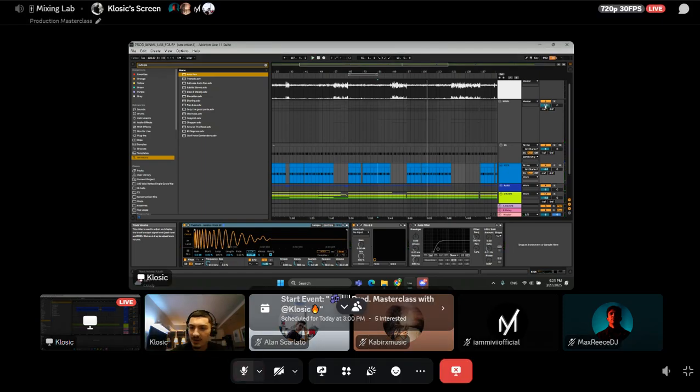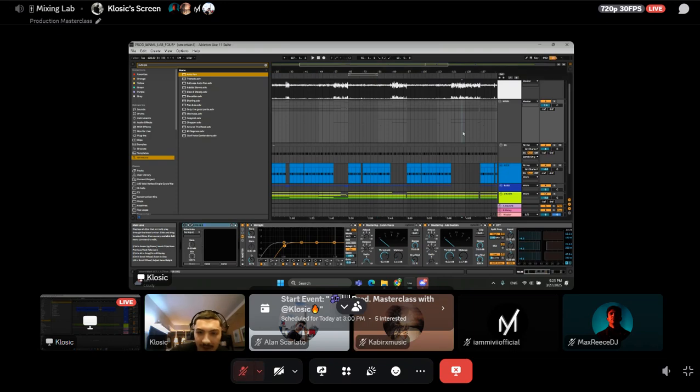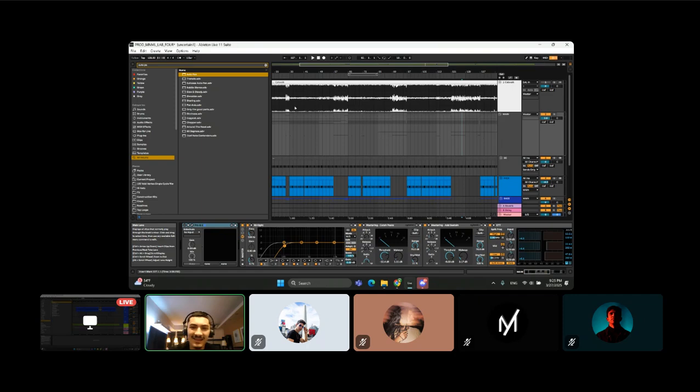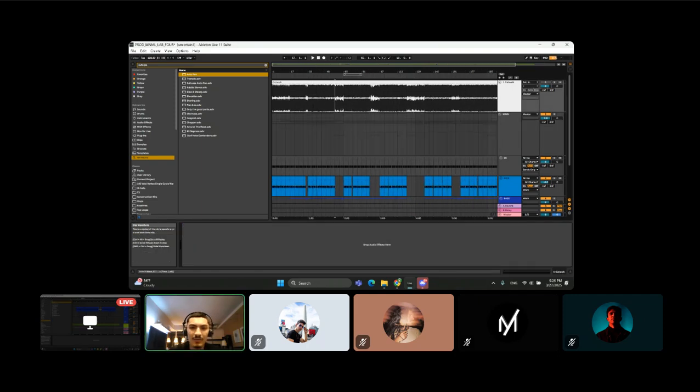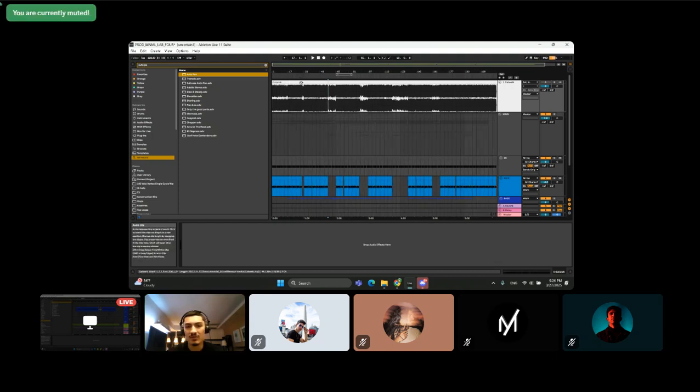Okay, so this is the song, and I chose this song because I wanted to show you how I arrange it. It's really important because also in the beginning I was lost. I didn't know when the drop should come, when the breakdown should come. So a really intelligent thing I found out you can do is get a song you like, how it is arranged,